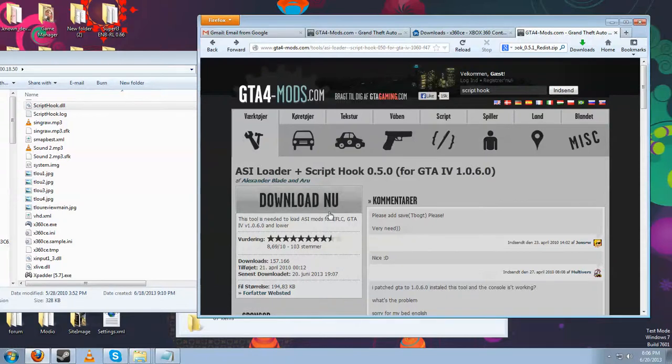Now, what you all want to get is the program called ScriptHook by Aru. I wanted to mention that before the program I was just talking about a few seconds ago. ScriptHook by Aru is what's needed for every mod. The link is in the description. It's called